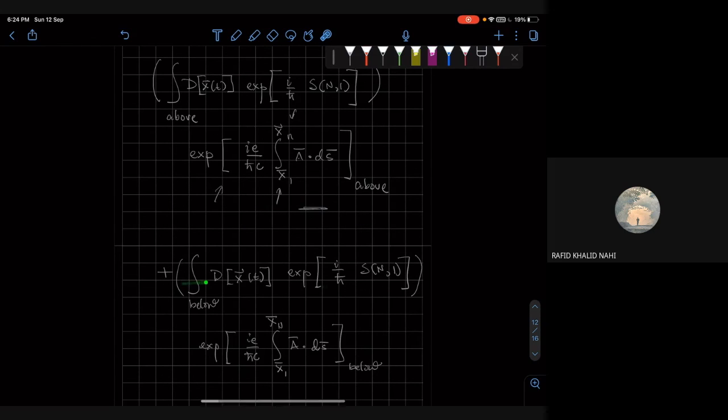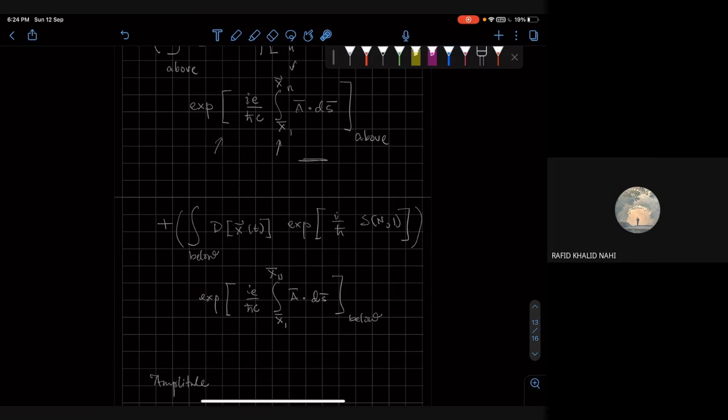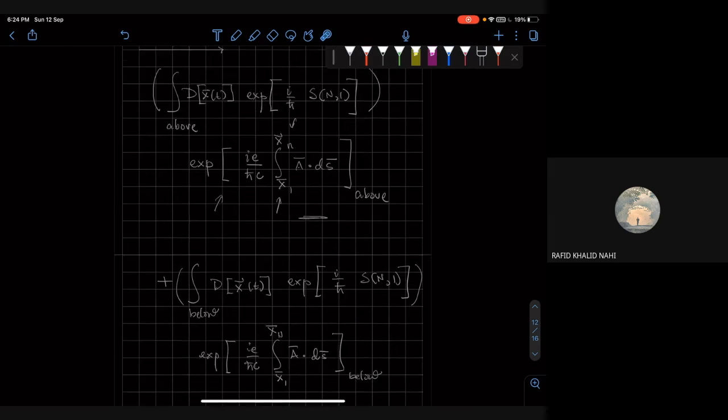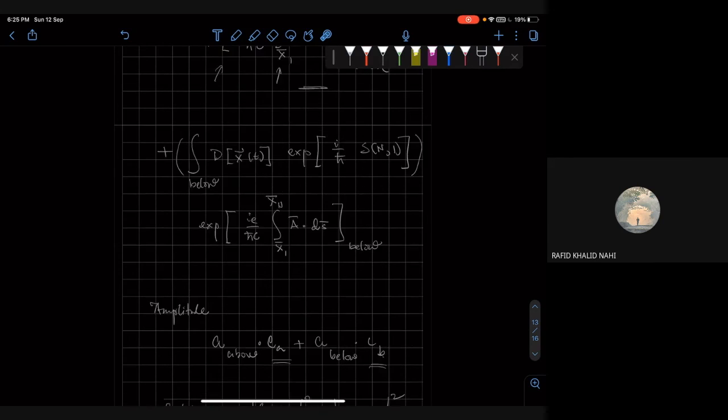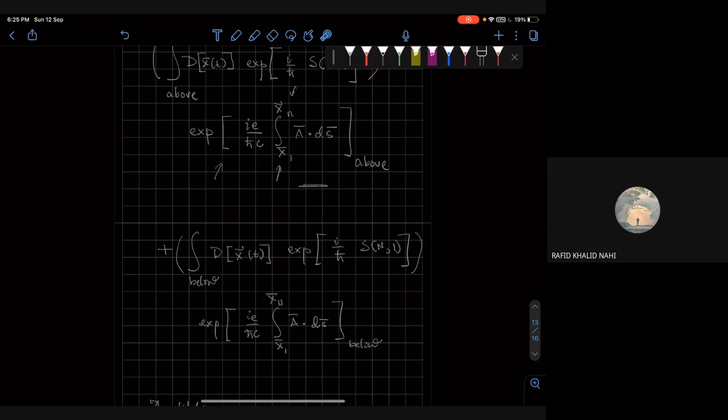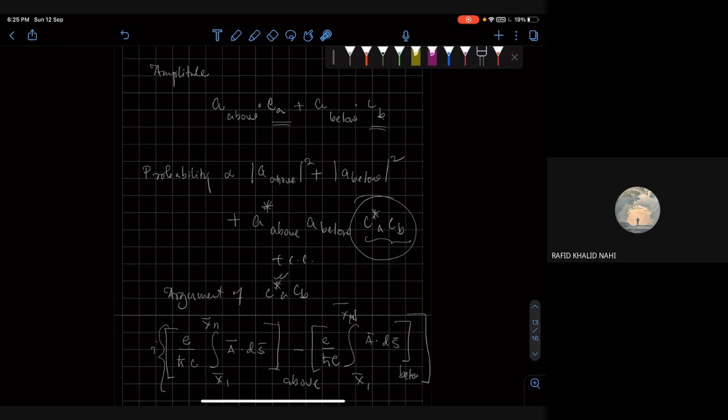And then there'll be all the contributions to the path integral from below, and then there'll be another factor, but this integral will depend only on the fact that the paths are going below the cylinder, not on the details of the path. So now our amplitude has this form, which is A above, A below, and these 2 phases. So now if I